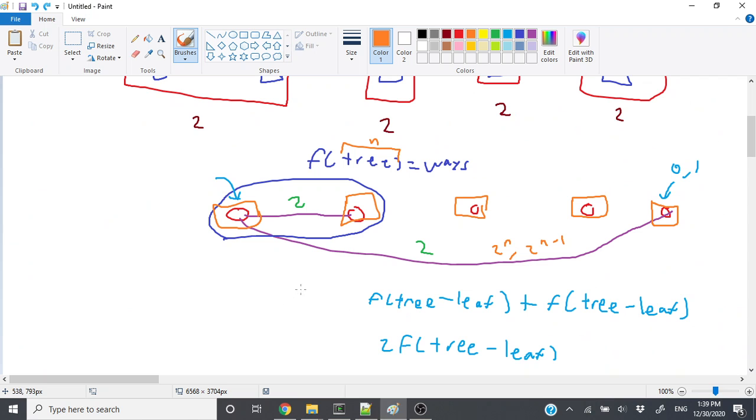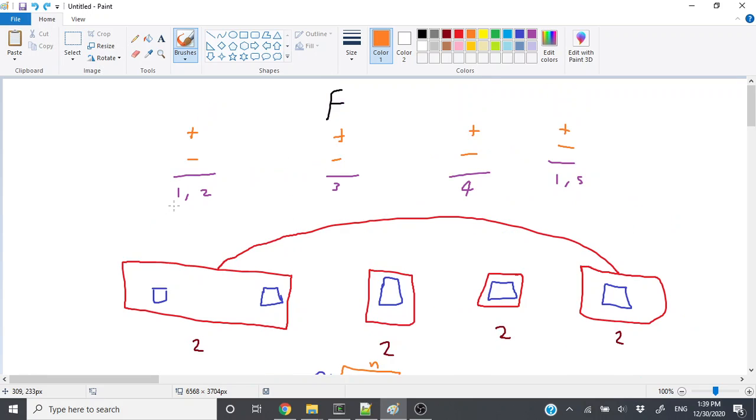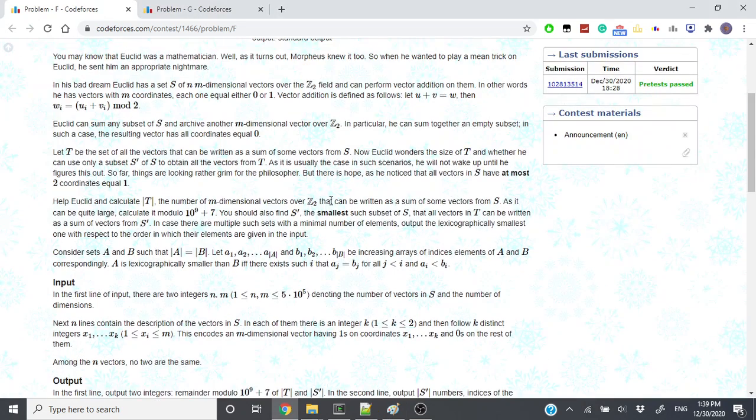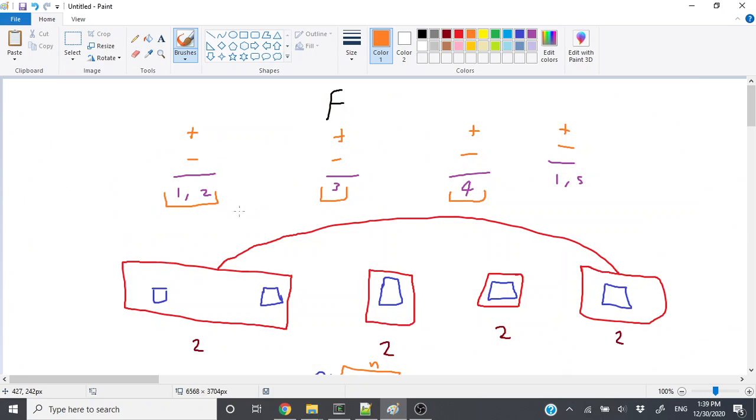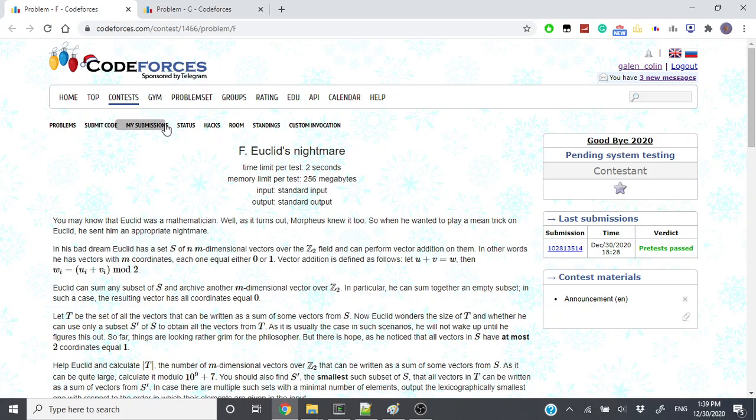But the other half is to restore a sequence of non-redundant switches. And if there are multiple, we want the lexicographically minimal one. I'm not going to define what that is because that's very common, and this is F, so I trust you guys. But we want the lexicographically minimal set of switches, which basically asks